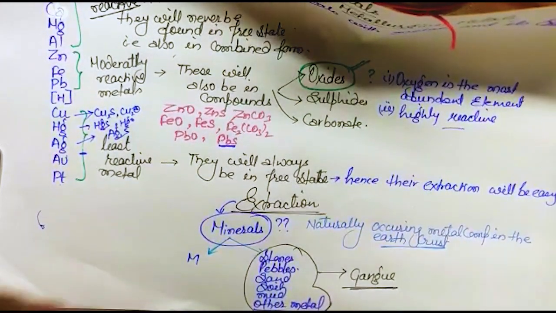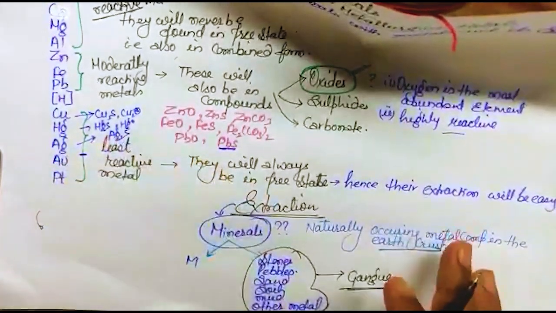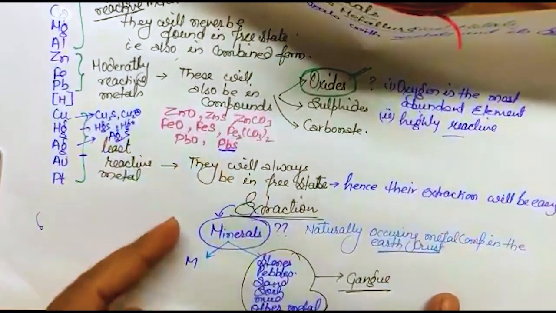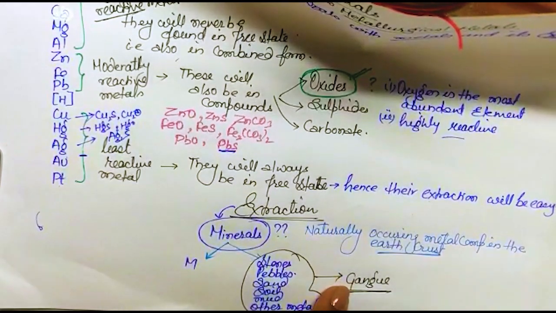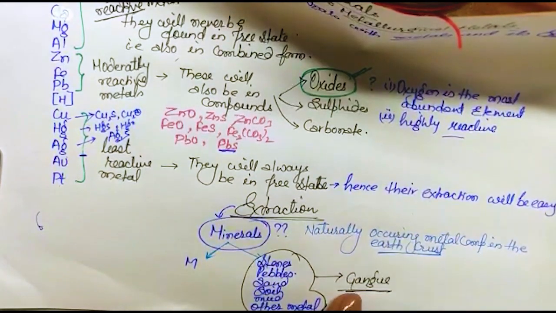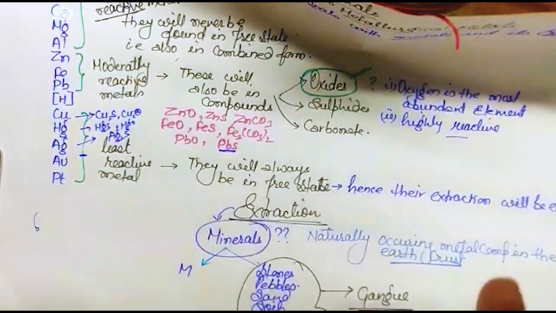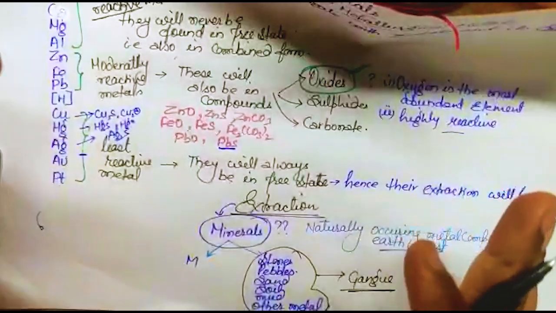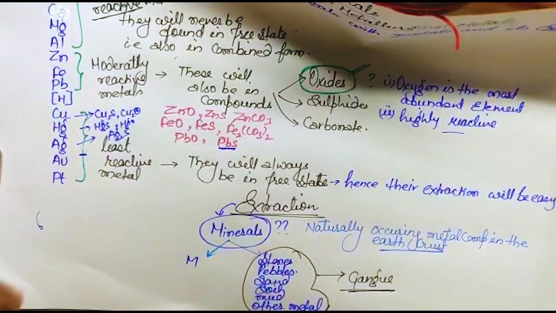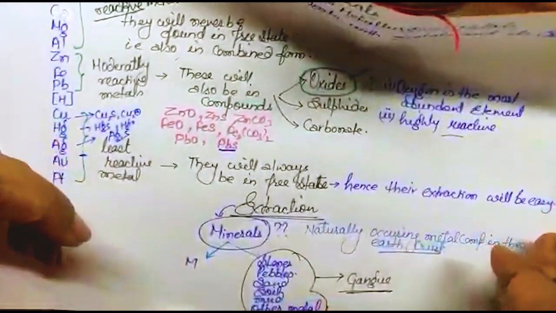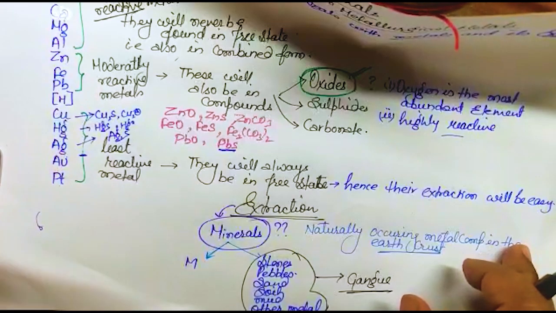That means in the mineral there is one thing which is of our interest and the another thing which we don't like, the undesired thing. What is it called? It is gangue. Suppose that if I want to extract the copper, the metal of our interest is copper. Copper ke alawa, if any other metals are present over there, it will be considered as gangue for us.